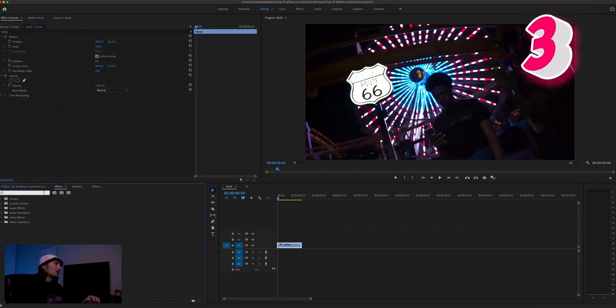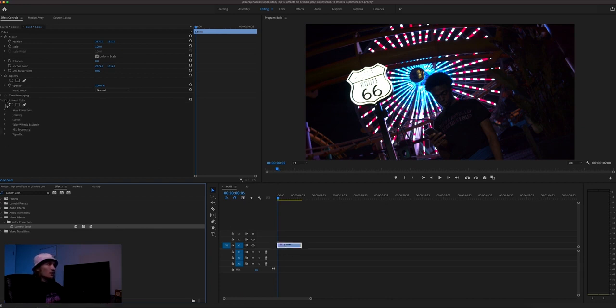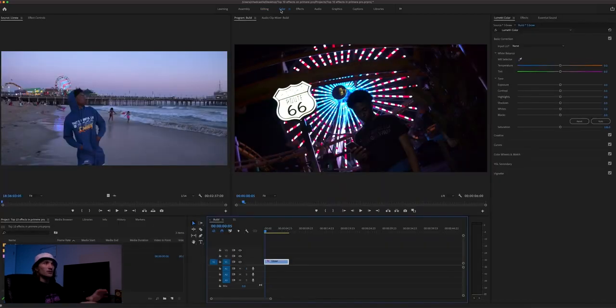Number 3. Number 3 is Lumetri Color, and you can find it over here in the effects tab, and you can drag and drop it, and you have all the effect controls over here. But Premiere actually makes its own whole custom workspace for color, for Lumetri Color. So you can come over here to the color tab, and then you have all your controls over here. Just make sure your footage is selected in your timeline,